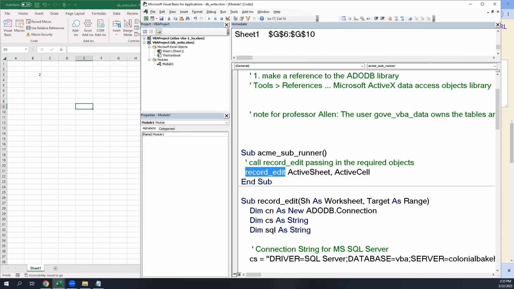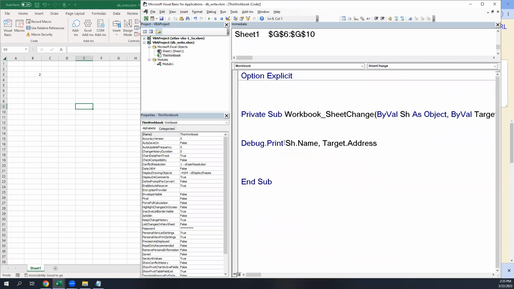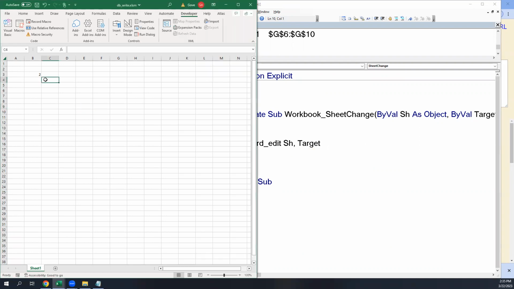You'll notice it's expecting sh and Target. I could have called those anything over here, but they were called sh and Target here. I'm passing the sheet and I'm passing the cell. So now when I make a change,